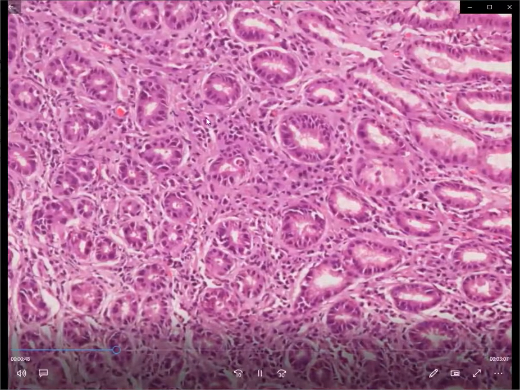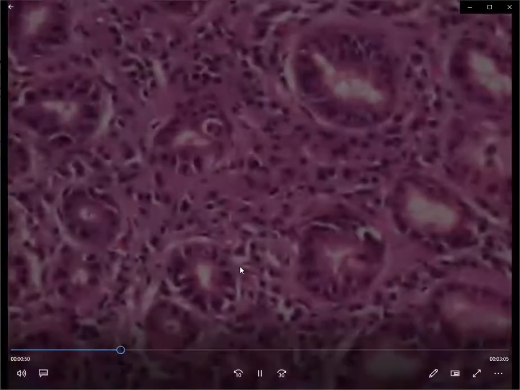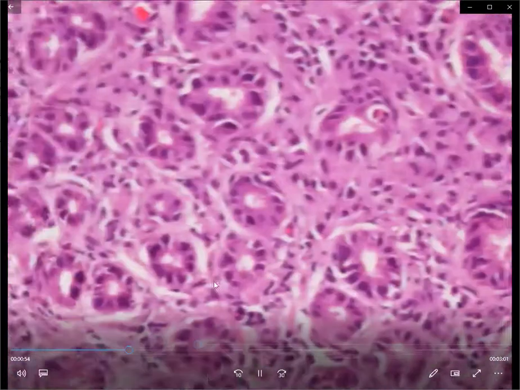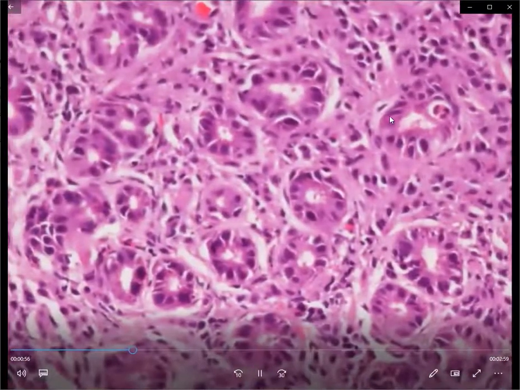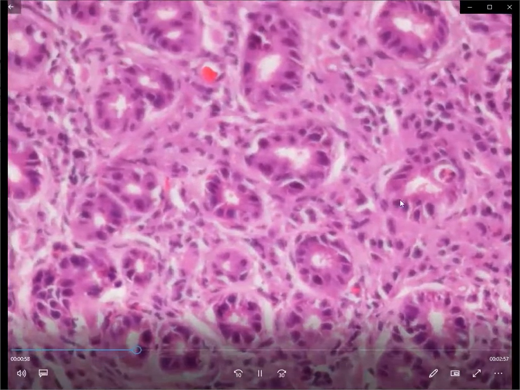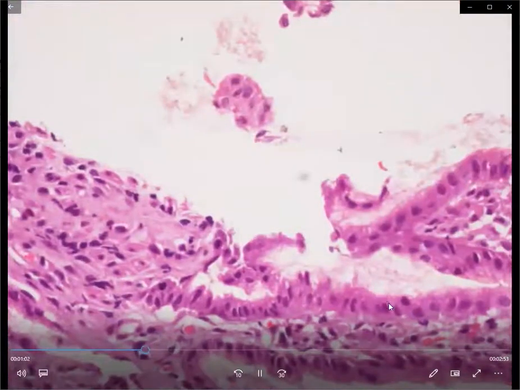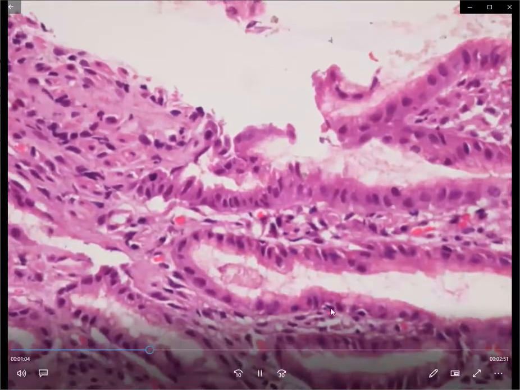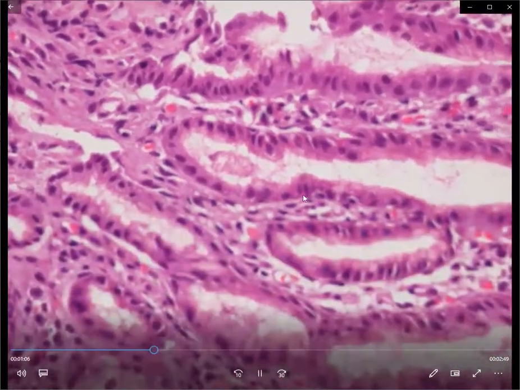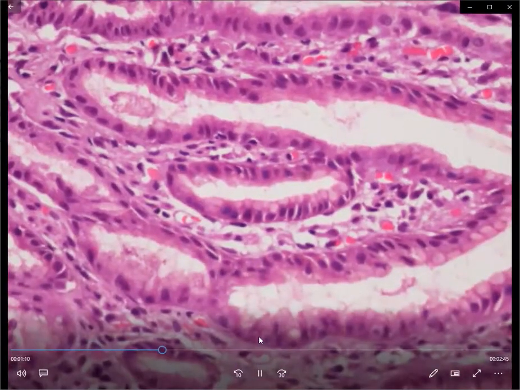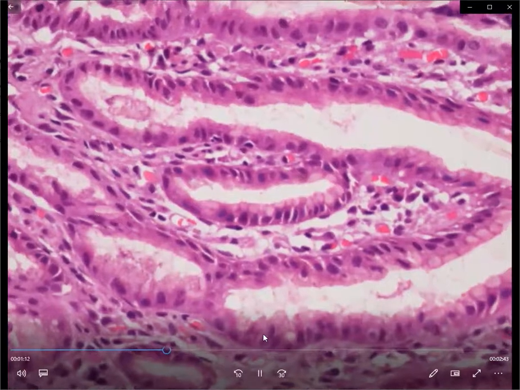Now once we see polymorphs within the crypt epithelium, an important thing to look for in a gastric biopsy is what is causing the cryptitis. As I mentioned, this is the crypt in which the polymorphs have infiltrated the crypt epithelium. Once we find this in a gastric biopsy, we go back to the surface and look for any associated etiology which is causing these areas of cryptitis.